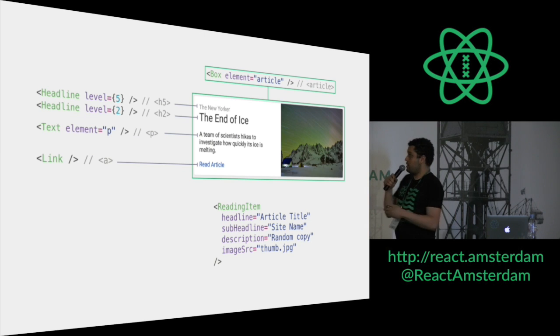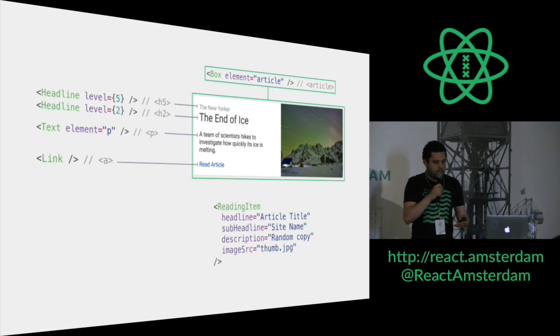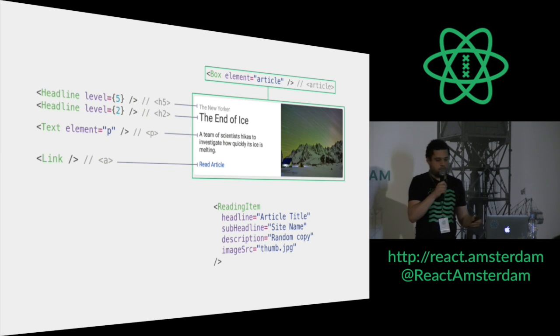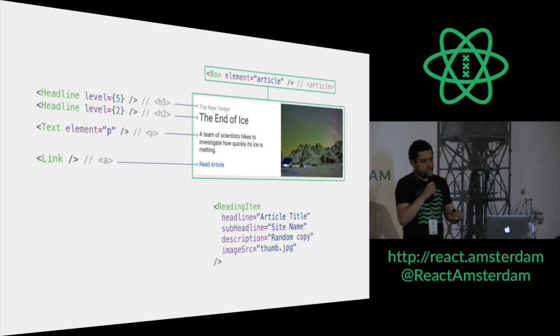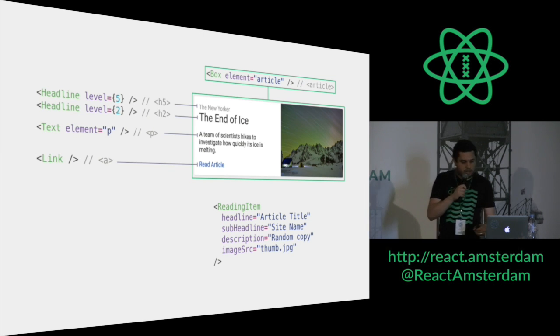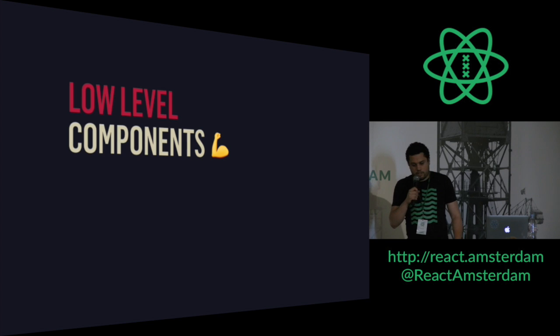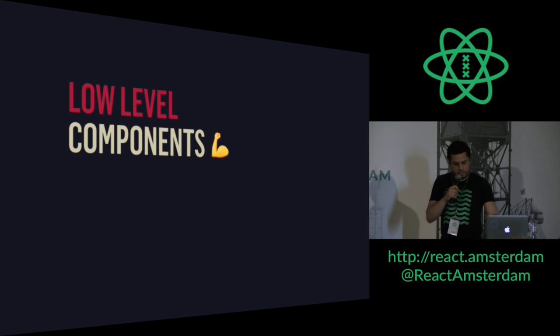For example, if you see the read item component, I could maybe start and make the mistake and create a sub headline component. But no, let's try to abstract this to a headline and then say the level. And just coming back here,